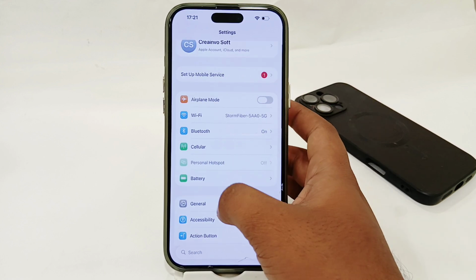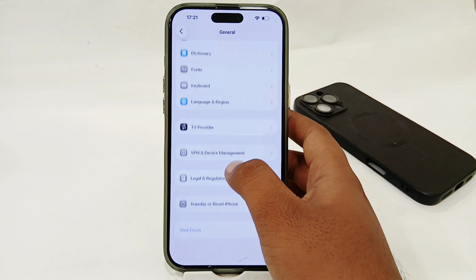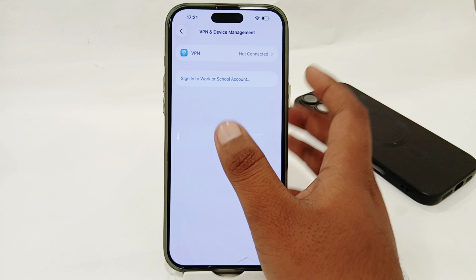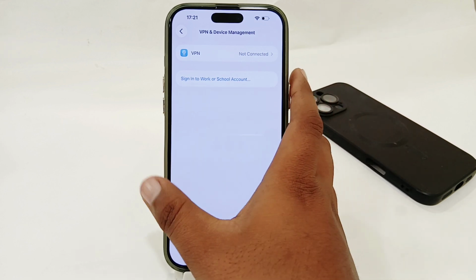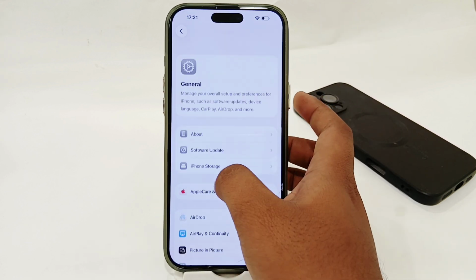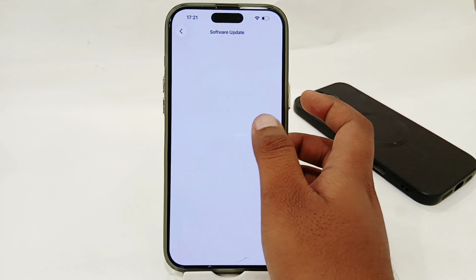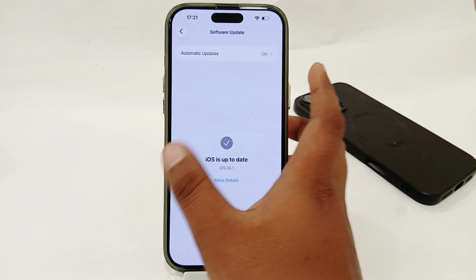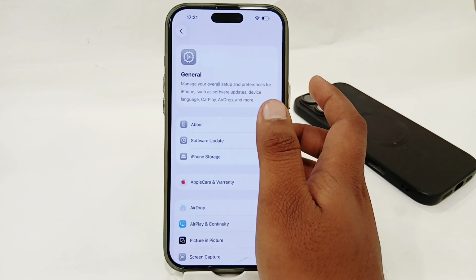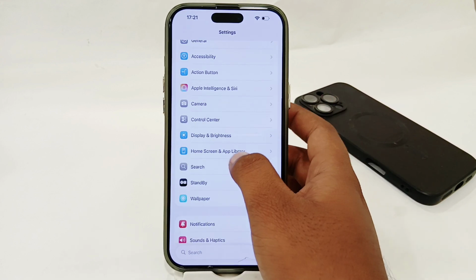And after that, go to General, go to VPN & Device Management, and make sure that you don't have any connected VPN. If you find any connected VPN, try to disconnect it. Then go to Software Update and try to update your software. If you find any pending software updates, update the software,